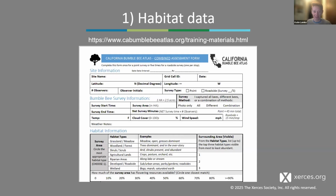whether you're doing a, or a roadside survey, the survey method there. So this one, I don't know if you can read that tiny, let me get my pointer right here. I'm right here, the survey method. So